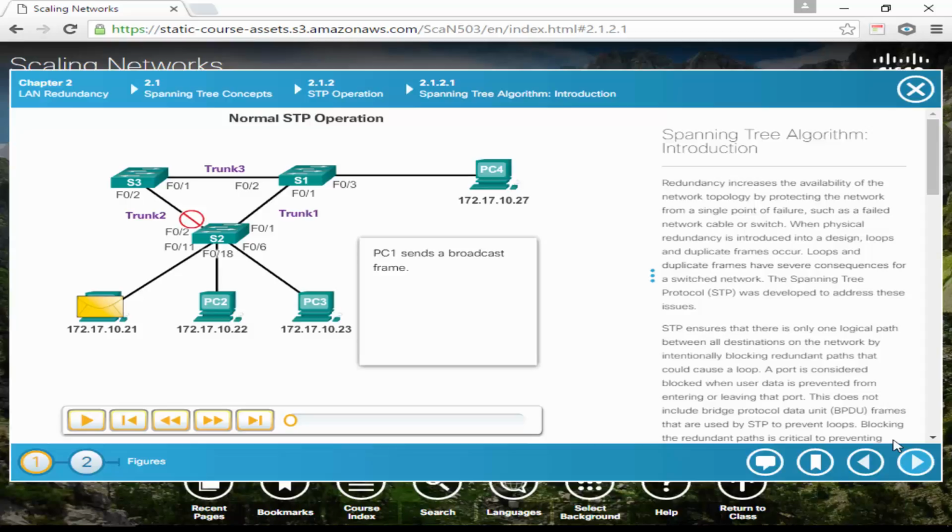Spanning tree algorithm, if we didn't have it, these loops would cause these problems that you've just been seeing. There'd be non-stop floods because we have no way of saying, hey, don't send it out here and here. And we don't know if this switch is going to send it this way or this way, right? And so that's what causes these problems. So let's see what Cisco says about this. But basically what spanning tree is doing is it blocks one of the redundant ports so that it will stop